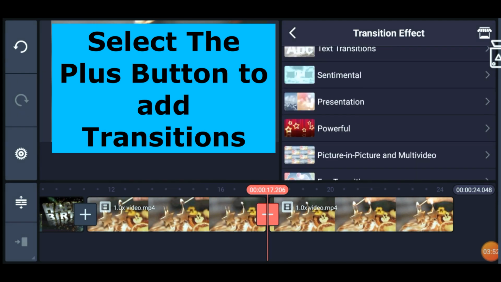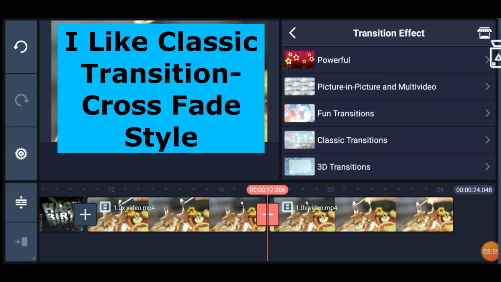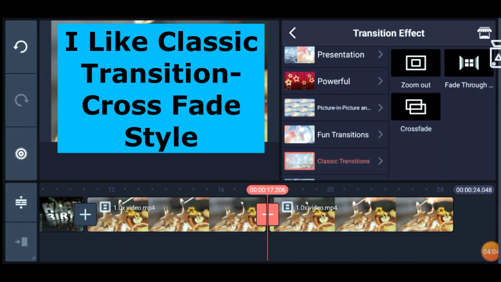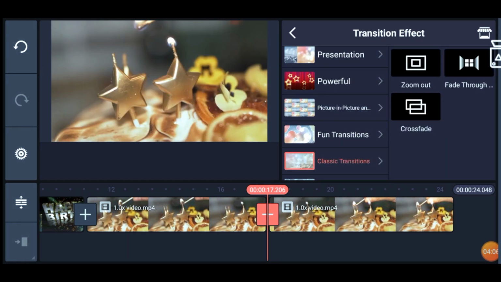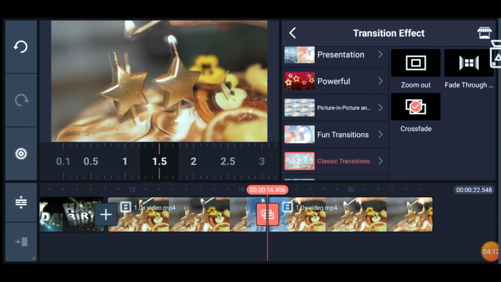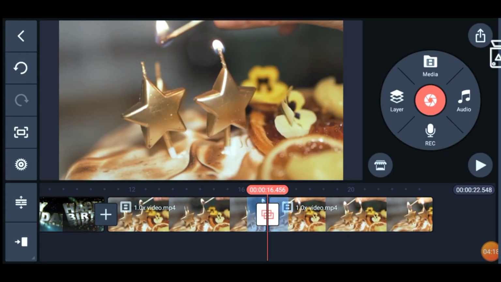As soon as you select it, transition effects will be opening. So you choose any transition effect. I am choosing classic transitions here. Under each transition you will get different kind of styles. So I am choosing this cross-fade style which I really like personally. You can choose any one of your choice. Once done,